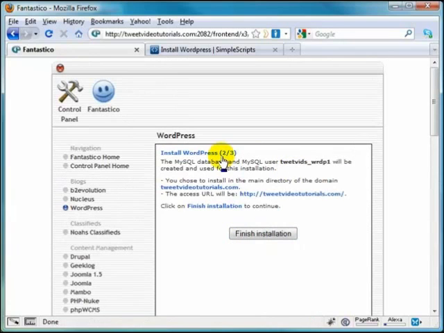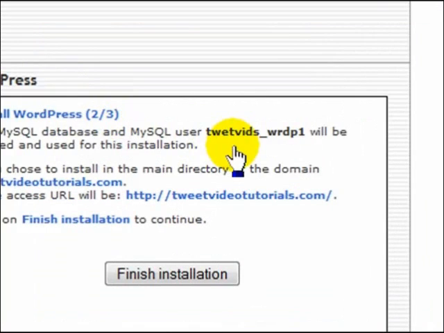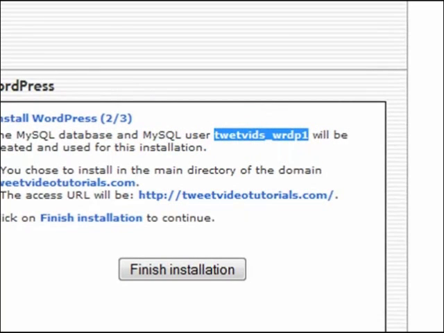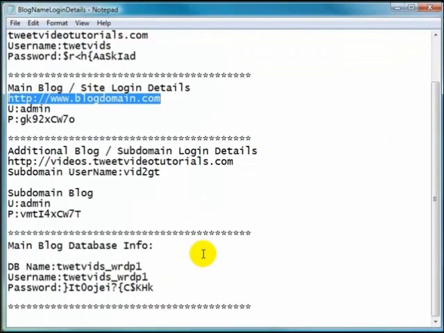Yes, we are 2 out of 3 steps done, but I wanted to point this out too. Go ahead and copy this down and add this to your detail sheet, because again, for the main domain, I'm going to have one of these for each and every blog that I install, one for the main domain, one for all the subdomains. If I put in any directories, I'm going to have this info for each and every one of those,